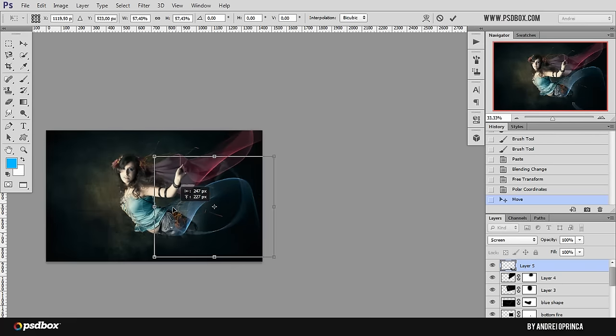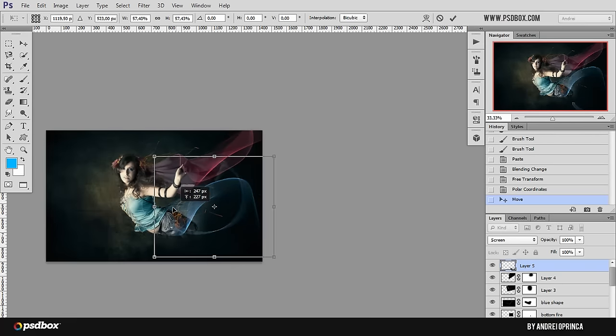I want to adjust this to the woman's back, so I have to curve it like so. Okay. Let's add another point there, another point there, and something like that. But as you can see, it's not really curved, and that's why I don't like to use it, and I prefer to use the warp tool